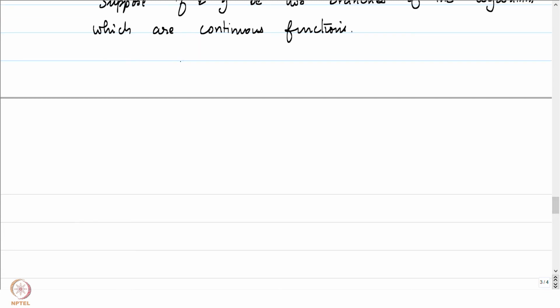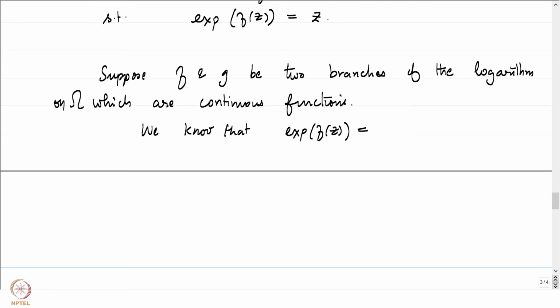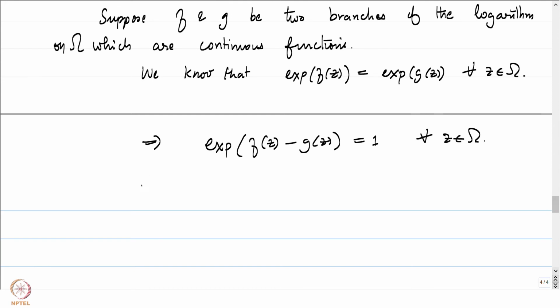One thing that we certainly know is that because both are branches, on a given domain omega, which is open and connected, the exponential of f of z is going to be equal to the exponential of g of z for all z in omega, and this tells us that, let me just write it down, the exponential of f of z minus g of z is going to be equal to 1 for all z in omega, which tells us that